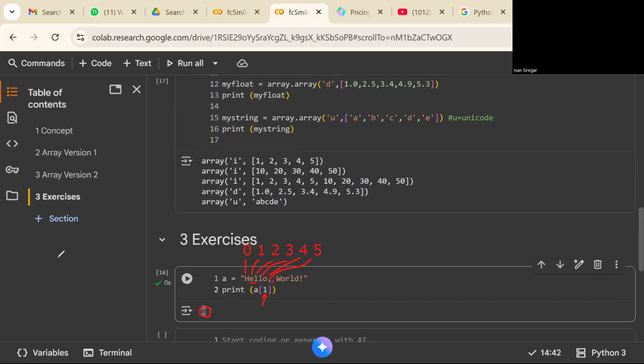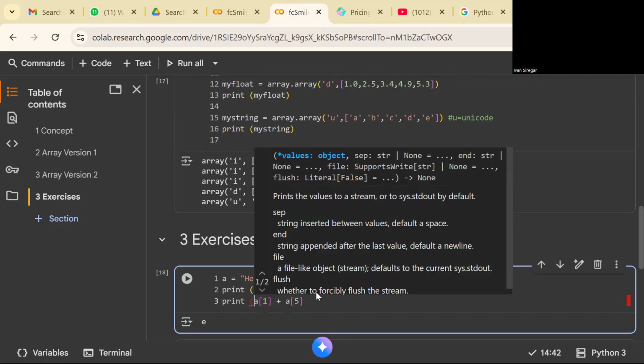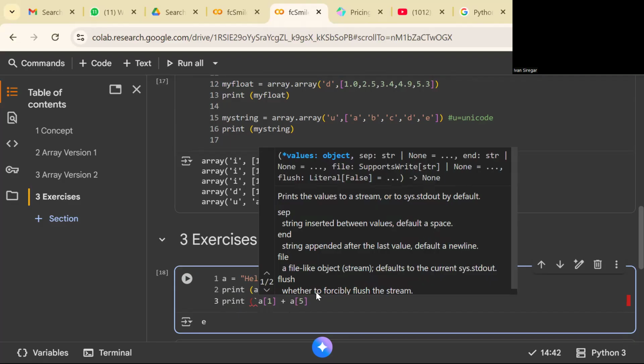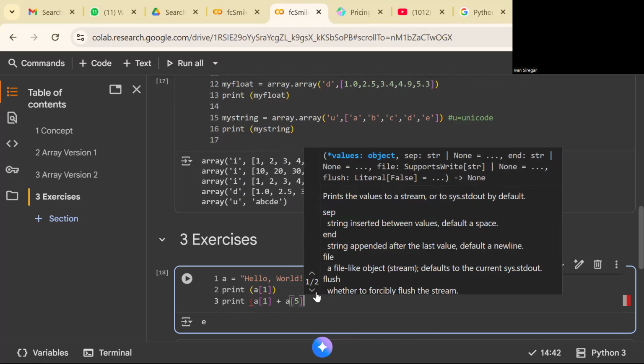Oke? Nah, kita improve lagi. Bagaimana jika saya mengambil indeks ke-1, saya tambah dengan indeks yang ke-5. Lalu ini kita print. Ingat tambah tadi itu menggabungkan, concatenate ya.